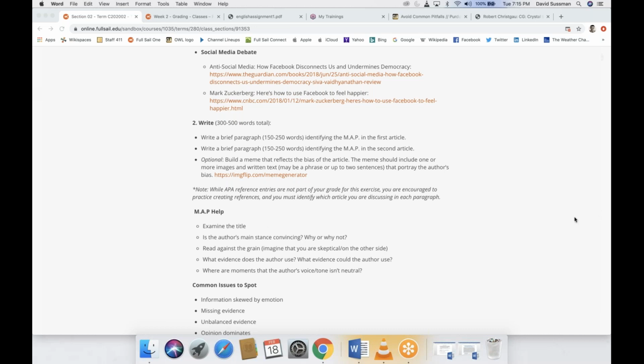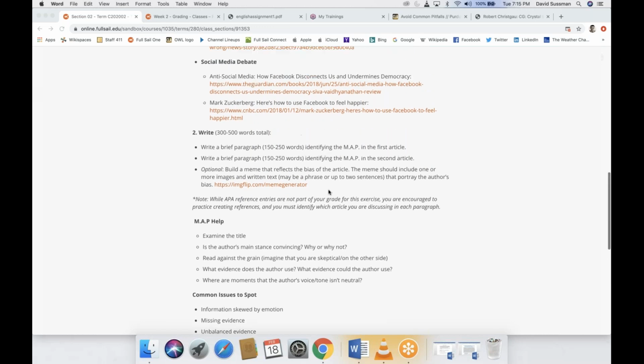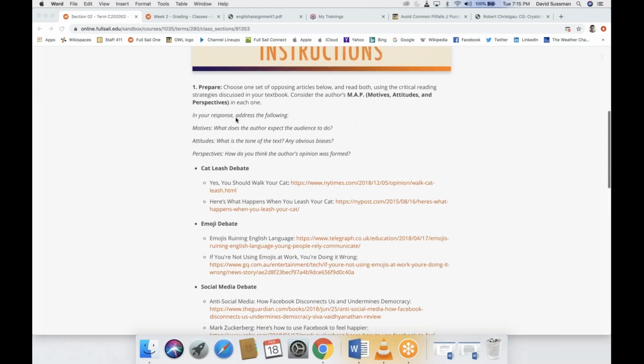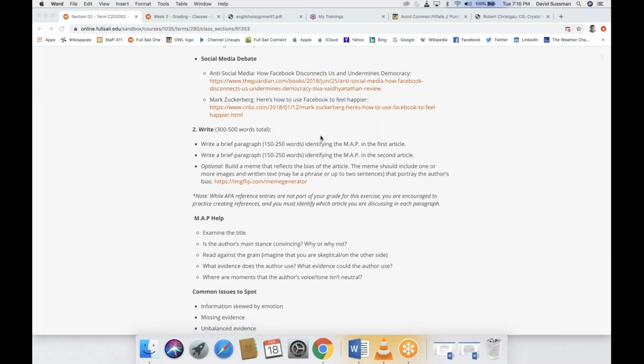So let's switch to there. Though if you do have further questions about this, or if you don't think I've gone over it carefully, I think it's much simpler than it sounds. We give this assignment very fancy language. We call it MAP, and that stands for motivation, attitudes, and what is it? Perception, perspectives. But it's much simpler than that. It's really getting some practice just responding to an article critically. Okay? And you have a bunch of prompts to make you think of different things and an example.